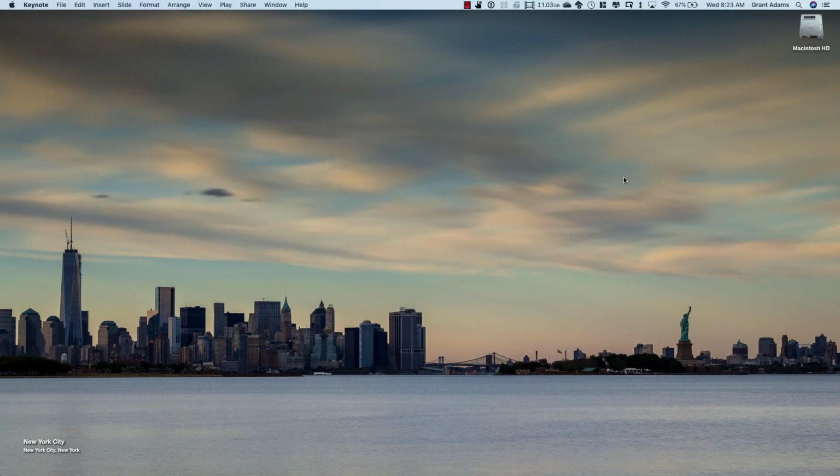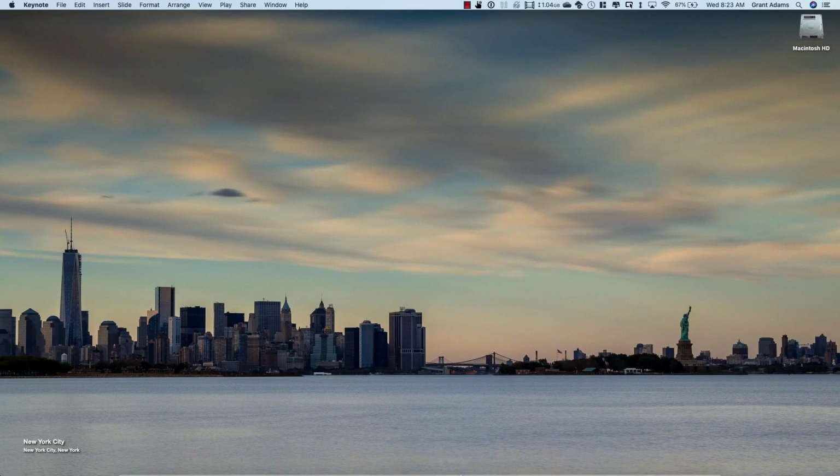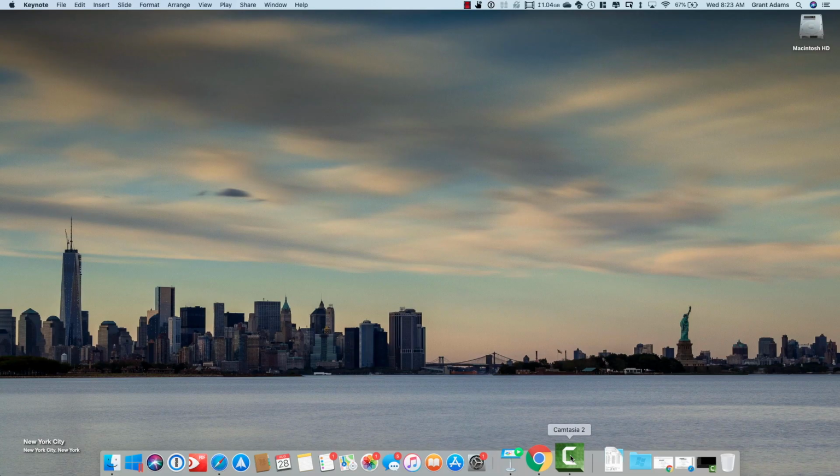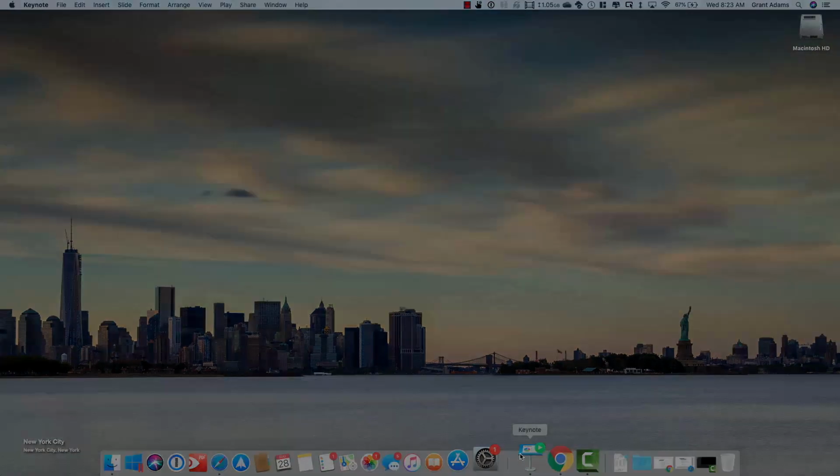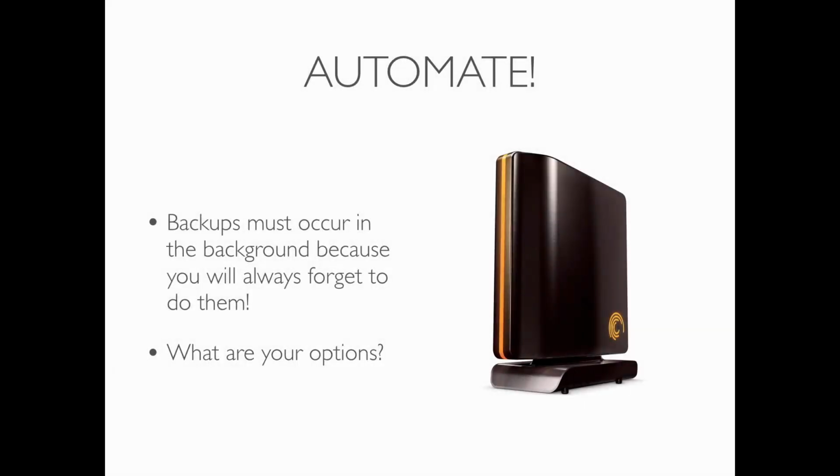And if it doesn't happen to you, it will happen to you. If it hasn't happened, it will happen. Every single person in this room will have, sorry, I lost my slides there, will have a computer crash at some point. So if you have photos that are important, if you have documents that are important, find a way to keep those backed up. The backups have to happen on an automatic basis.